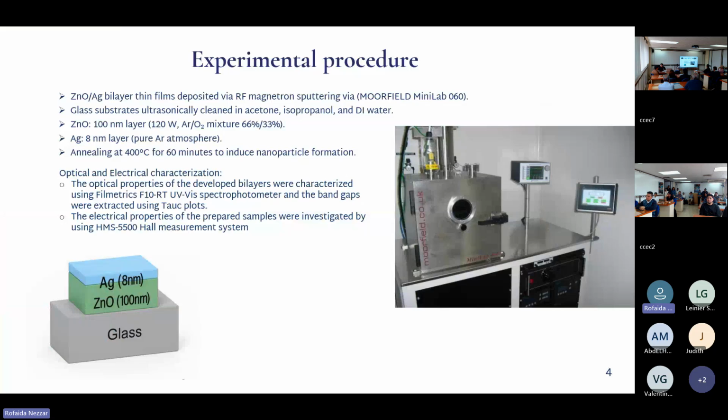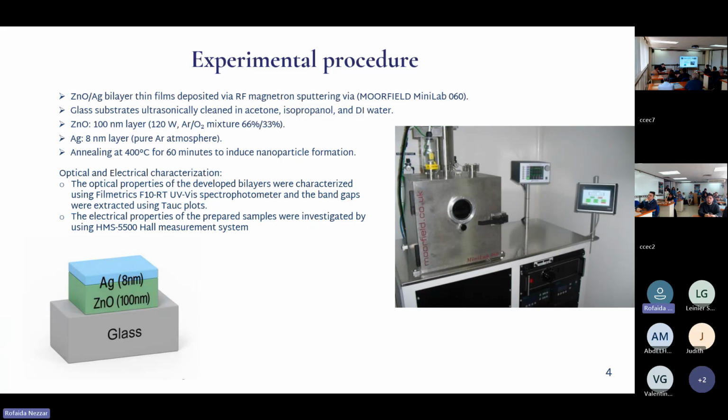The bilayers were deposited via radio frequency magnetron sputtering using a Moorfield Minilab 060 system, and the glass substrates were cleaned ultrasonically in acetone, isopropanol, and deionized water before deposition to ensure the substrates were clean. The zinc oxide layer was then deposited to a thickness of 100 nanometers